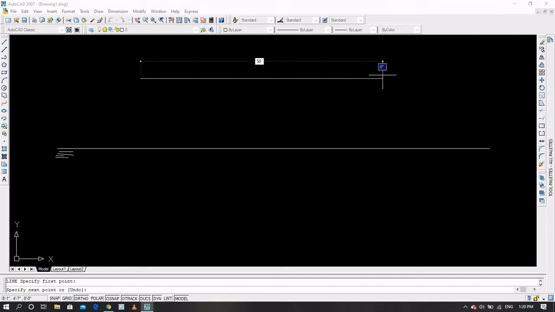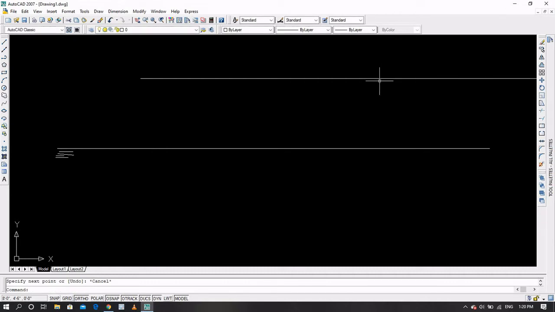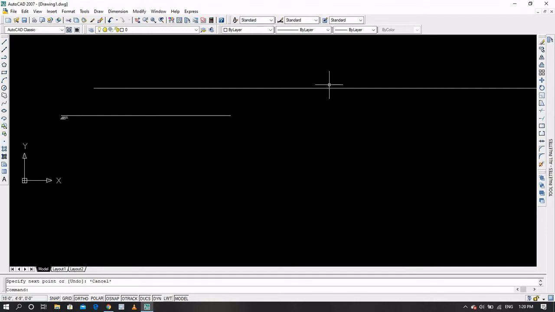If I want 50 feet, I will click shift and the inverted comma button on the keyboard. This sign, apostrophe, is for feet. So I will click. So here you can see, and then click on escape. And for zooming I will roll